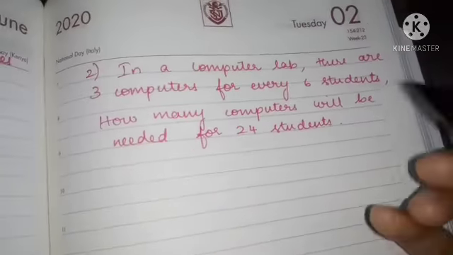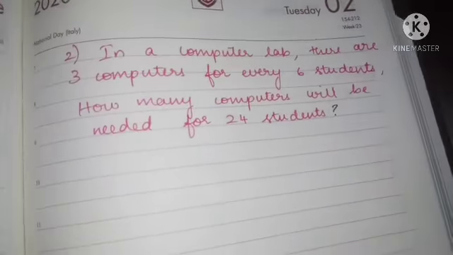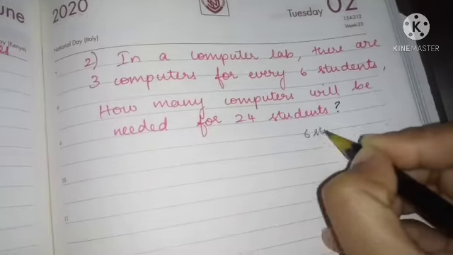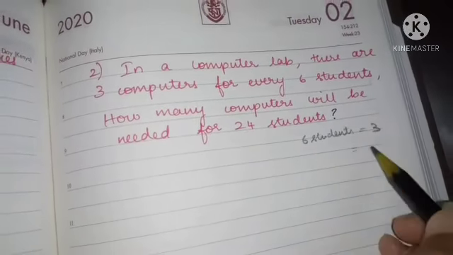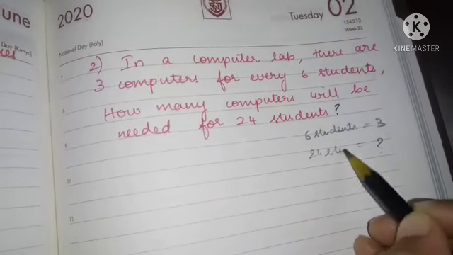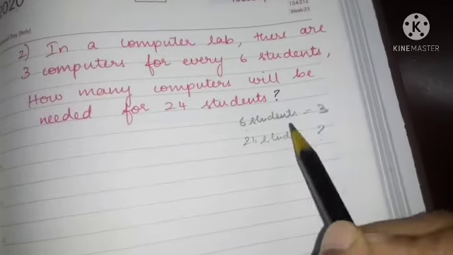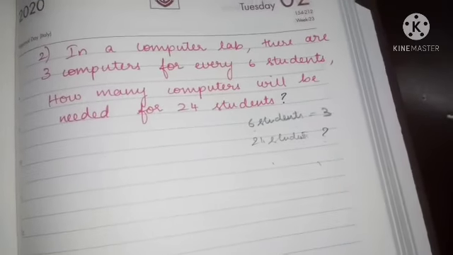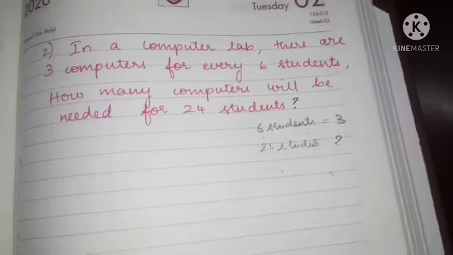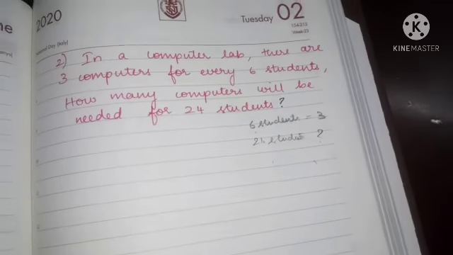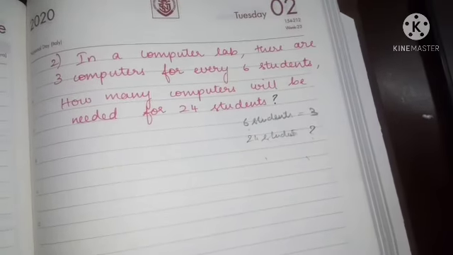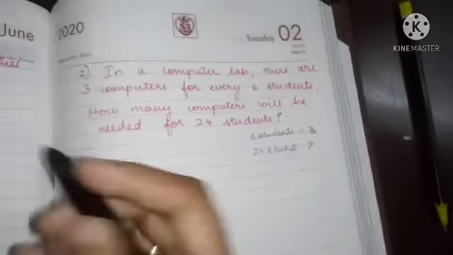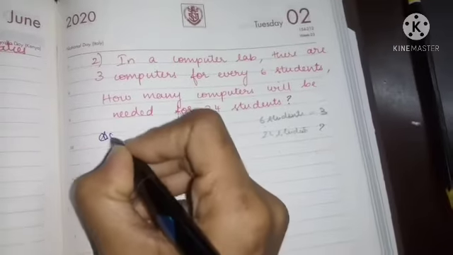Now we have to find it. What is the question they have given? For 6 students, there are 3 computers. How many computers are there for 24 students? How will we find it? We will find for one student, then for 24 students. This is one of the methods, by using the unitary method. Another is using proportions, where you multiply the extreme terms and the middle terms, then you find the answer. So we can do it in both ways. Solution: